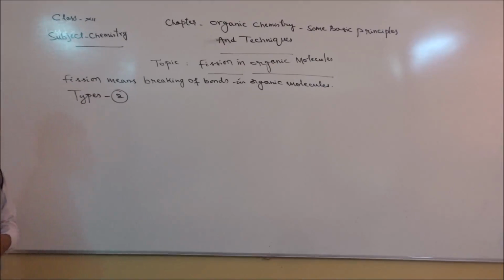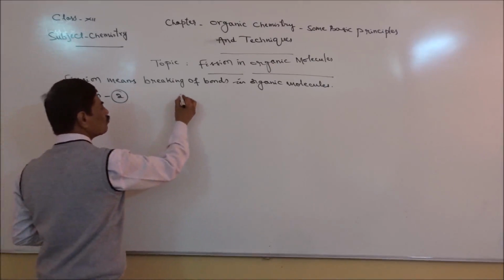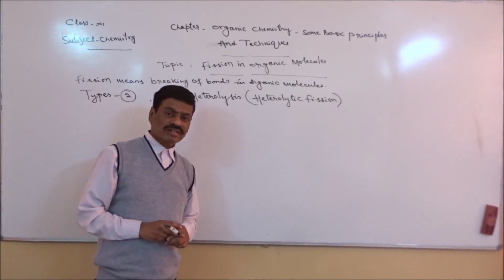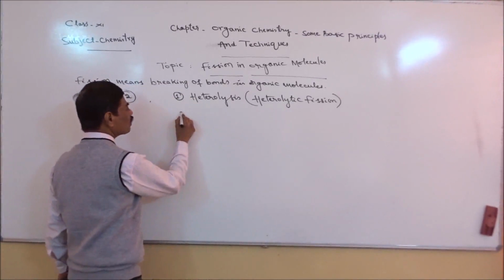What are those two types? Number one. Yes, children. Now, let us see the second type, that is